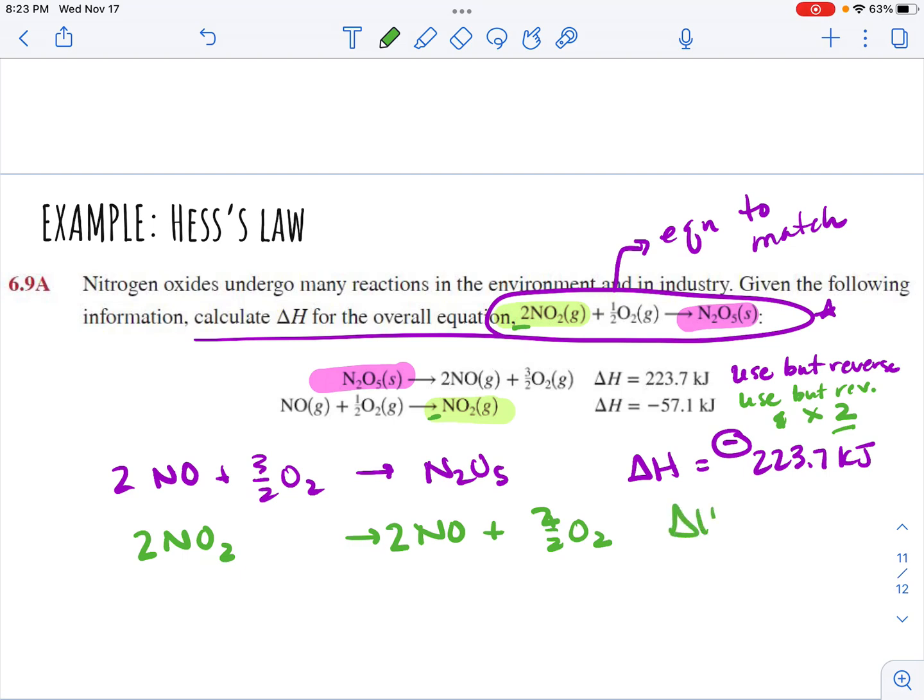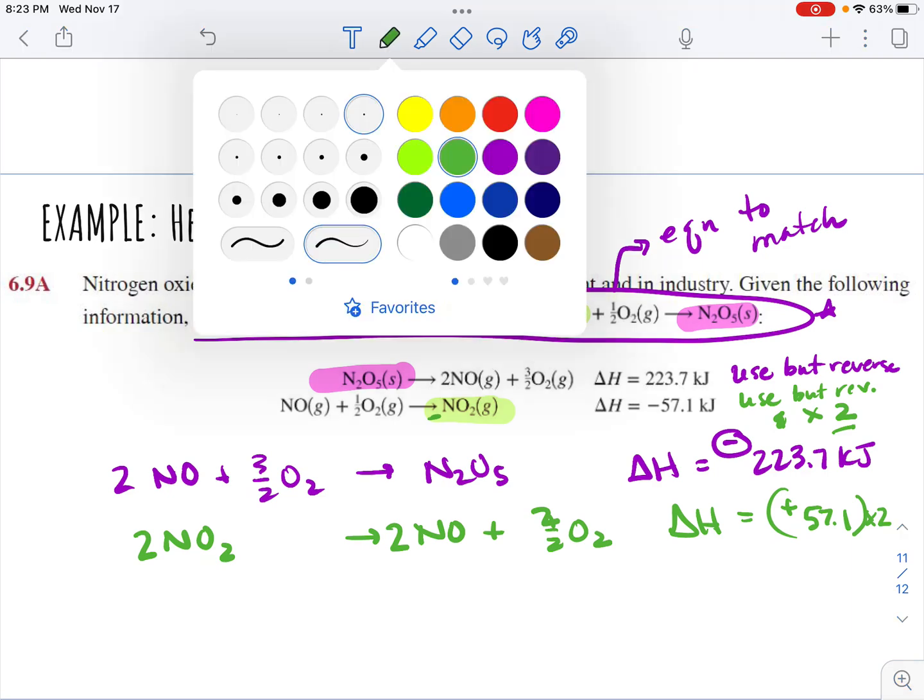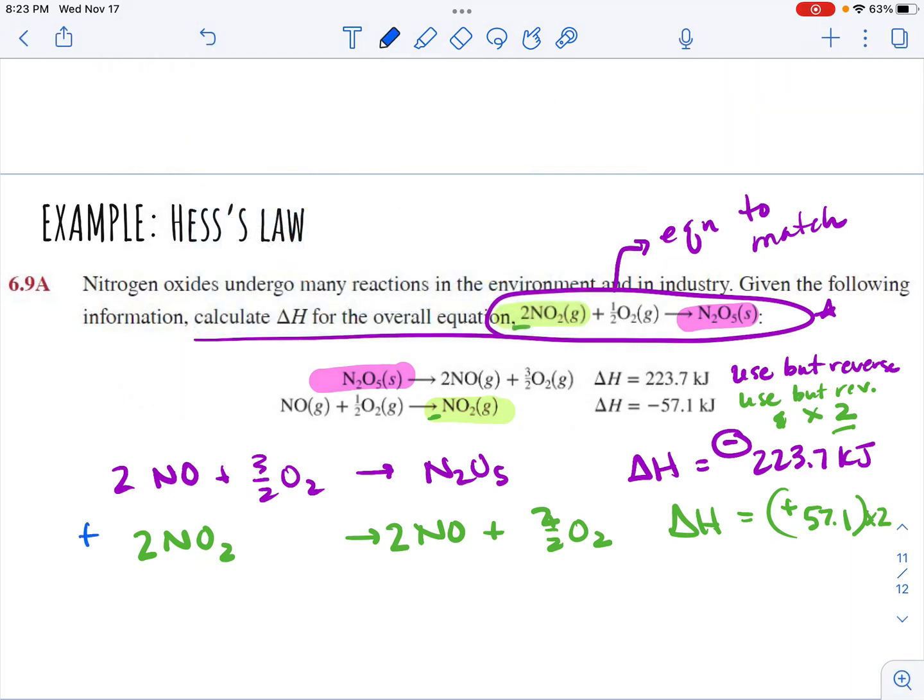Okay, when I do that, I'm going to do my delta H that it was, which was negative 57.1, so reversing it makes it positive 57.1, and times 2, because I had to multiply my coefficients by 2. Okay, I can actually figure out what that is if I want, or I can just write it like that as I'm keeping on. All right, then the last thing I need to do is add them together and see